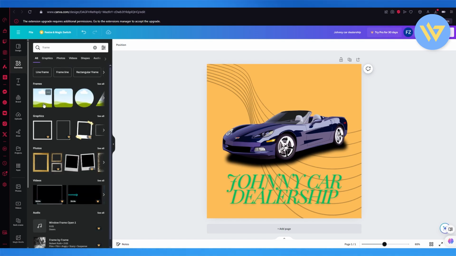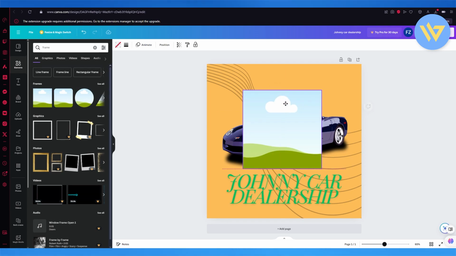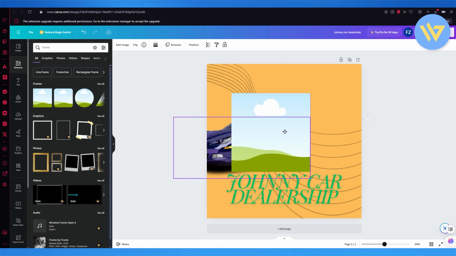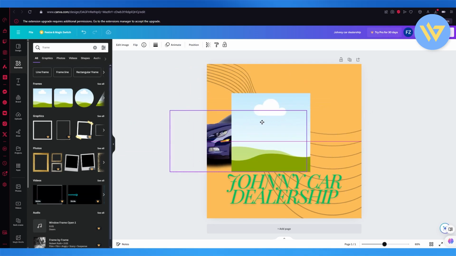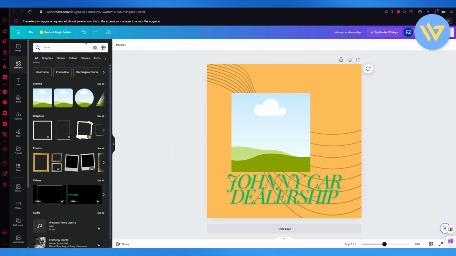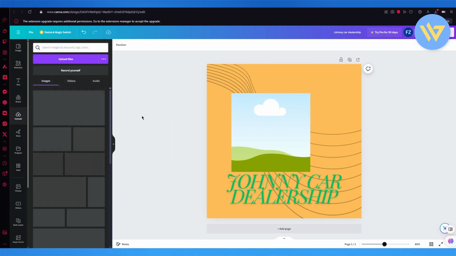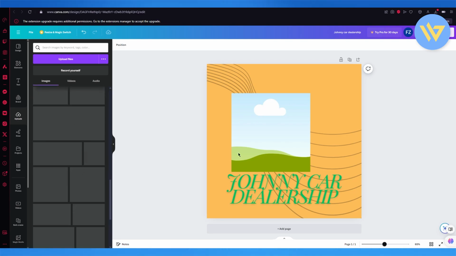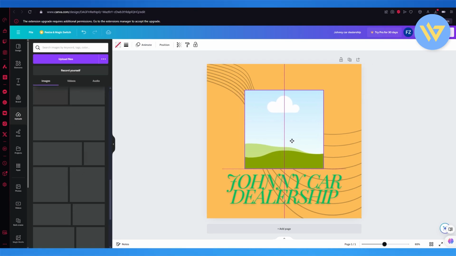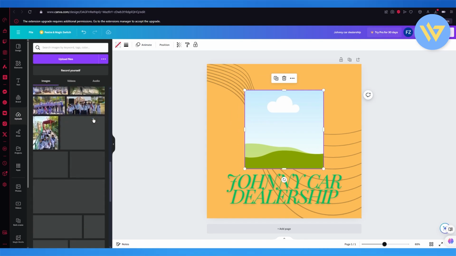Okay. So let's say I'm going to go with a square frame right here. And let's say I want to add this picture into this frame. So what you can do is go into your elements or go into your uploads, choose any image that you want to add into the frame, and what you're going to do is you're going to hover that image into this. All right, so let's say we're going to go with a certain image for this car dealership, and